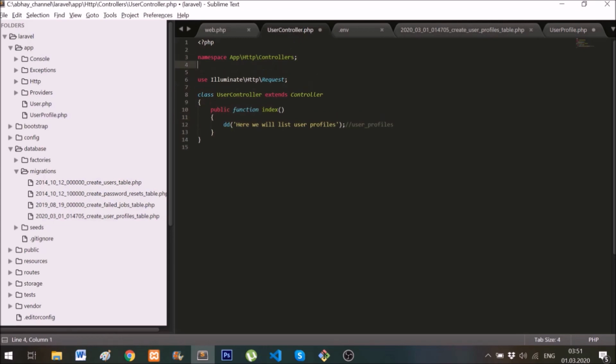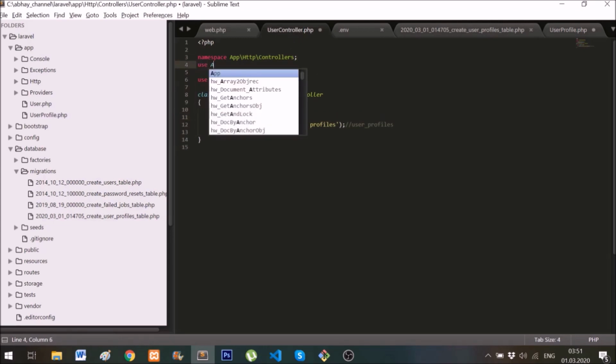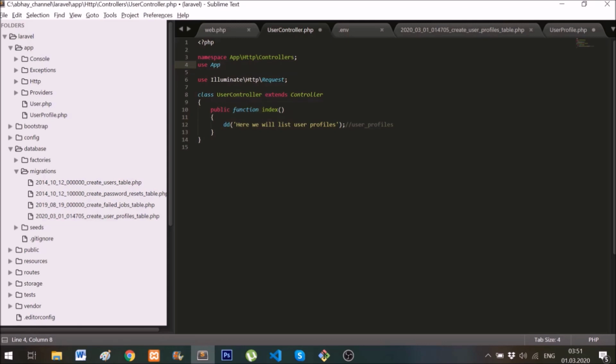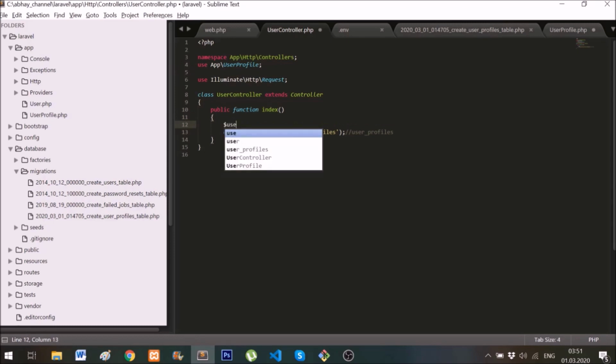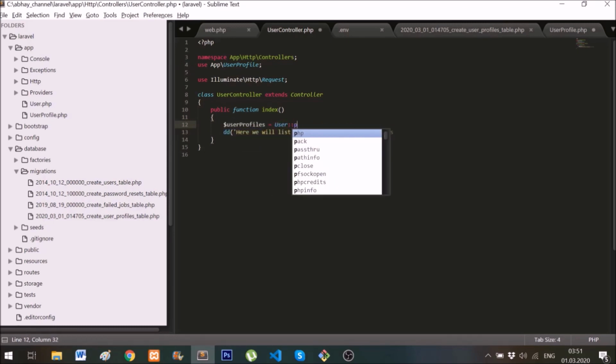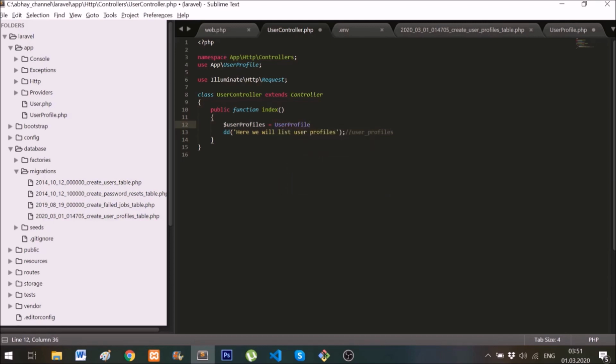You use a model and a controller by giving its namespace, which will be App\UserProfile, and then here you can say user profiles equals UserProfile::all. So I'm taking all of them and converting them to an array so that it can be easily printed. And instead of this, now we can just dd the user profiles,